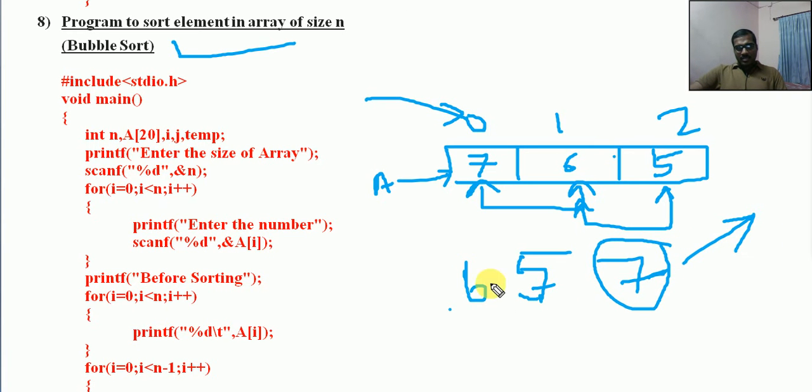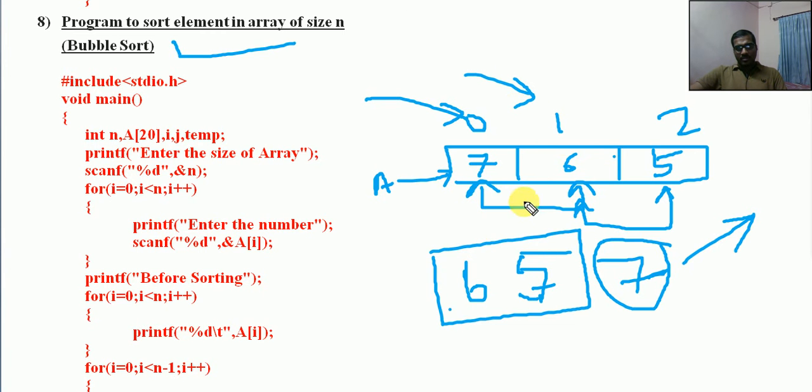Now next step, again we need to go for the same algorithm applied for the remaining. Avoid this portion, this is already sorted. The remaining portions we need to follow the same set of operations. Next iteration. Okay, so we will go for the next one. This is for iteration from 0 then 1. Again what we will do, the first element will be compared with second element. If first is greater, we will have an exchange. What will happen? 5, 6.